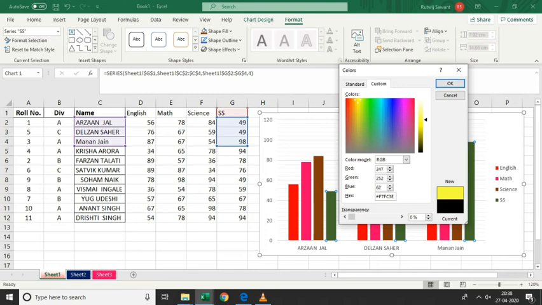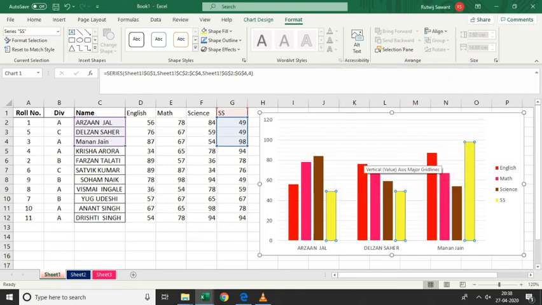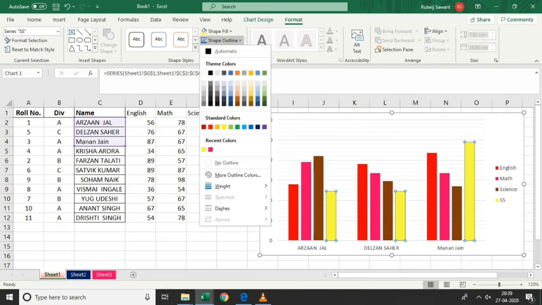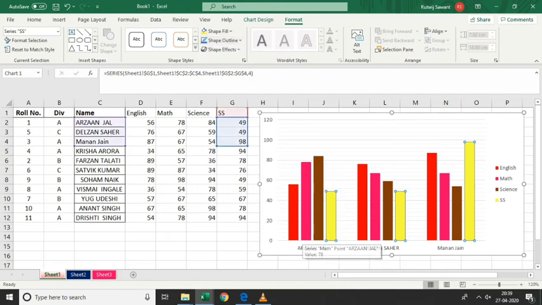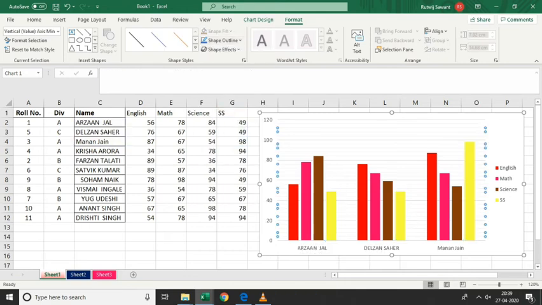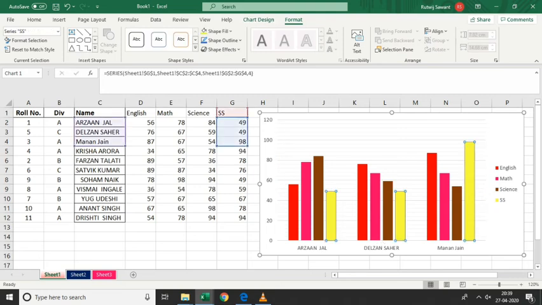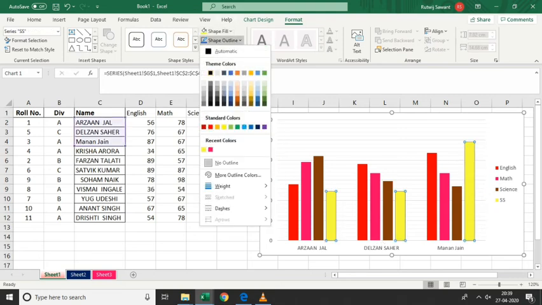Now suppose you want to apply a shape outline. Suppose I'm selecting black, and whatever thickness you select, according to that the shape outline will appear on your chart.